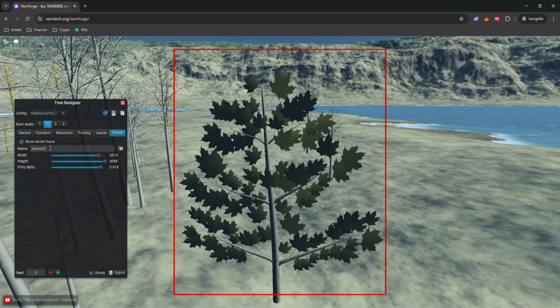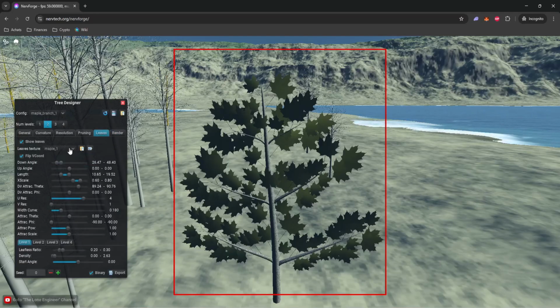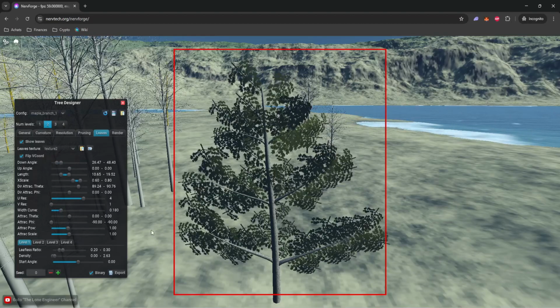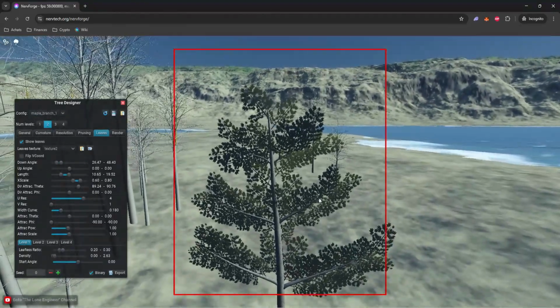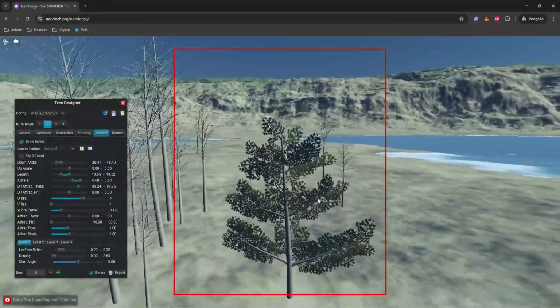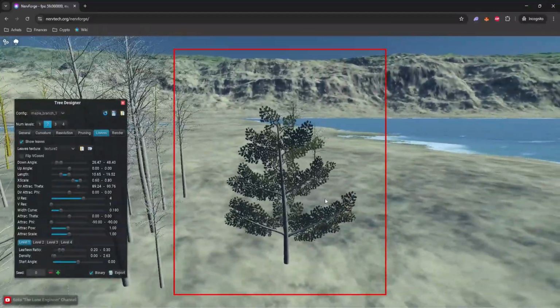We want to render this now. We can just give it another name. Let's call it texture 2. And we render the texture. Now if we go on the leaf tab, you can select this texture 2, and you will see that we are replacing the default maple leaf with the complete tree that we just rendered. Again, we need to flip that, but in this case you see that it's not too much, so you can consider this as an appropriate